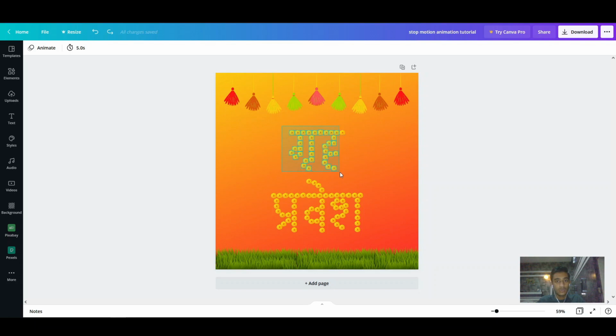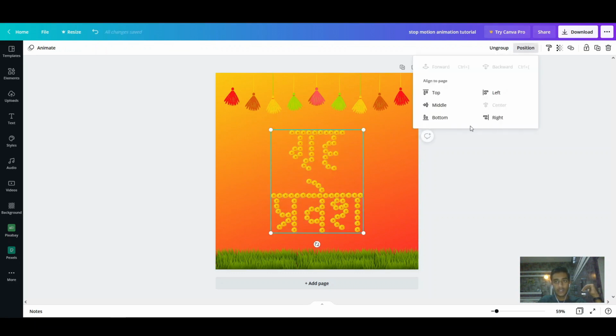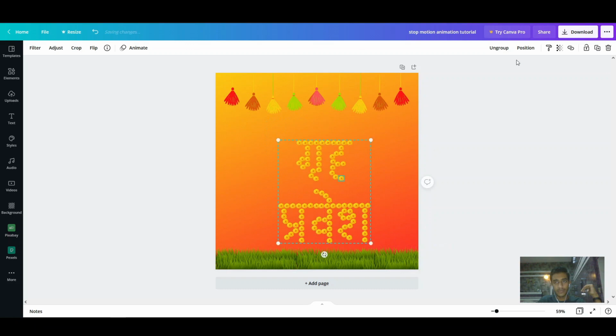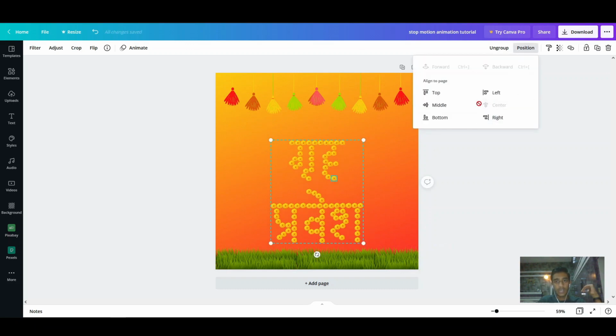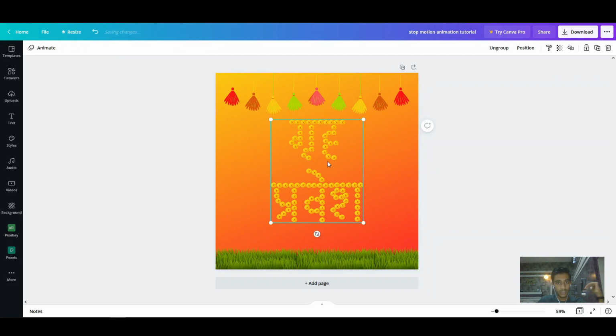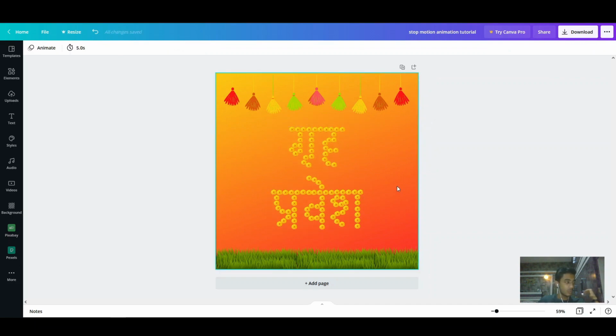Now it's time to count the number of flowers that we have, because we want one flower in each frame of our stop motion animation. So you can count it like 1, 2, 3, 4, 5, 6, 7, 8, 9, 10, and so on. I've counted it, so I know that the total number of flowers over here is 100. Also we can select all of this, just drag and select all of them. We can group them as one, and then we can position it all together. Also this particular tab helps us to do that, since I want it a bit lower. So yeah, this looks kind of cool.